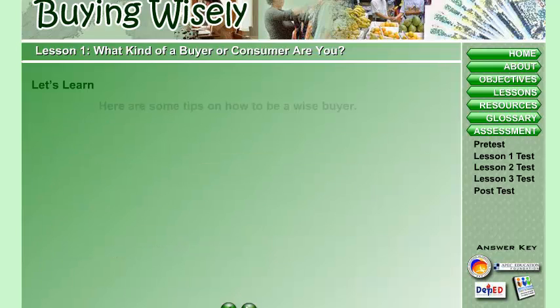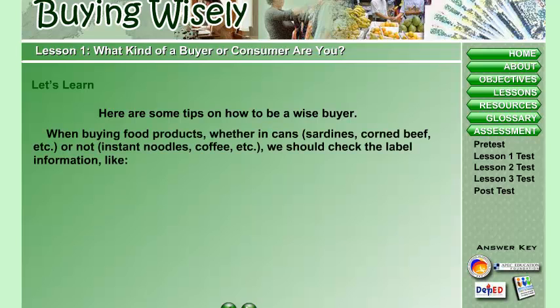Let's learn. Here are some tips on how to be a wise buyer. When buying food products, whether in cans, like sardines, corned beef, etc., or not, like instant noodles, coffee, etc., we should check the label information like